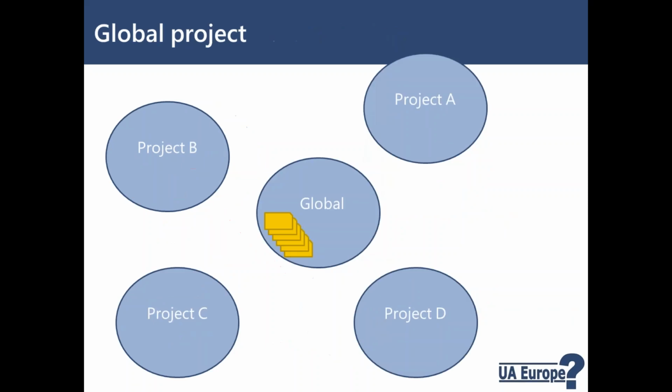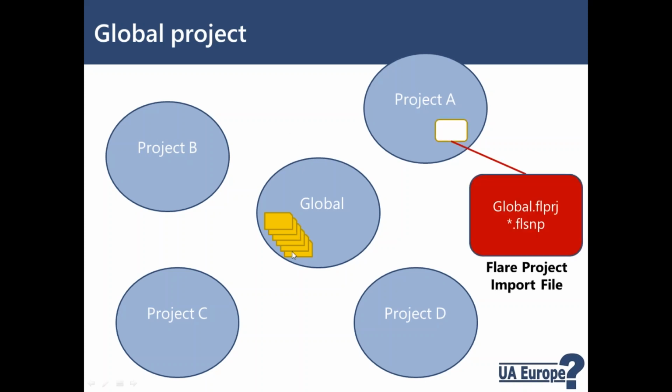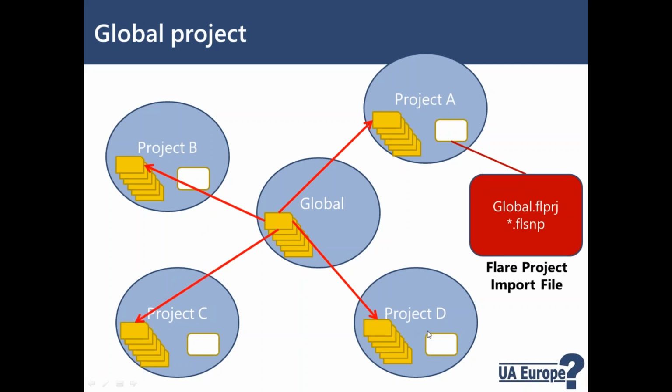What I would be more comfortable with is this approach. And this is the approach I guess a lot of you are already using, which is that you centralize the common core information. What I typically have is a special Flare project that I'm not necessarily going to be using to create content from. I usually call it my global project, and I'll put all my snippets in there, and I will then import those snippets into each of the other projects. So I'm pulling those common snippets into A, B, C, and D.